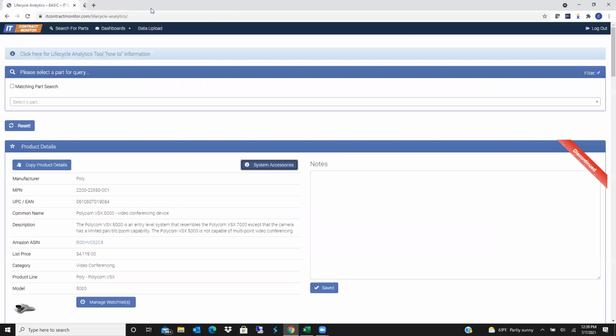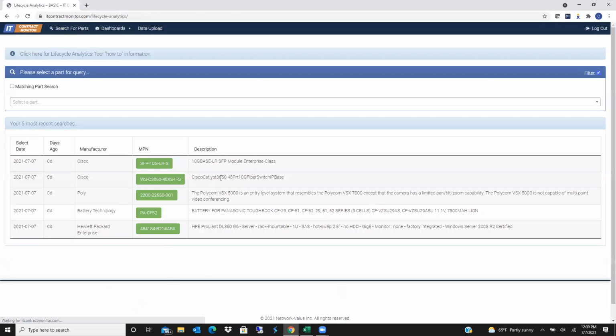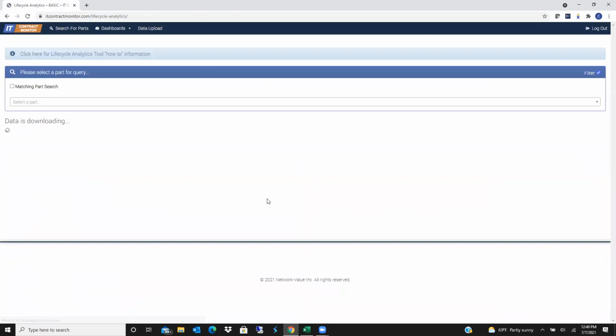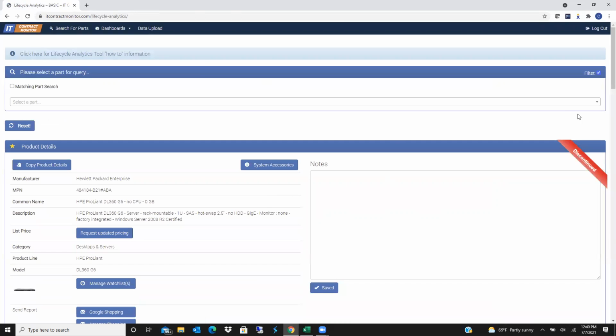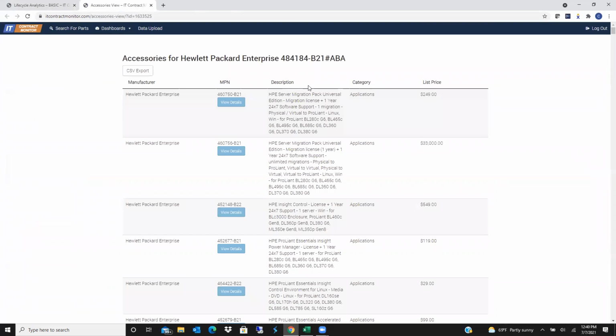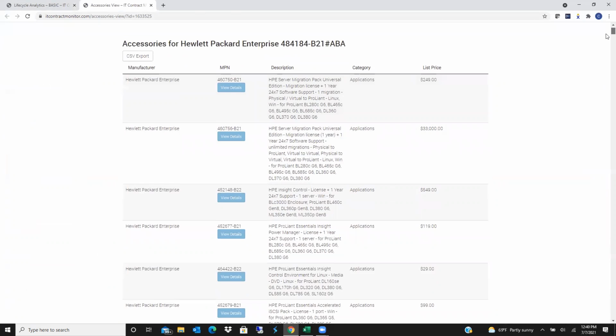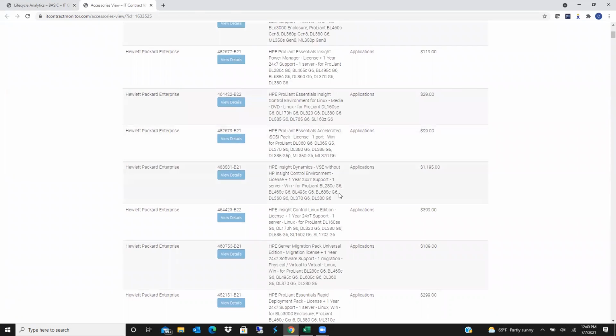So if I come back here, I'm coming back to my search for parts section, and I'm actually seeing something more interesting, which is an HP server. So ProLiant DL360 G6 server. This is the root part number published by the manufacturer. So I can go into that specific part number. Again, I can find the system accessories. And here are all of the HP compatible devices that go with the DL360 server, all of their part numbers,